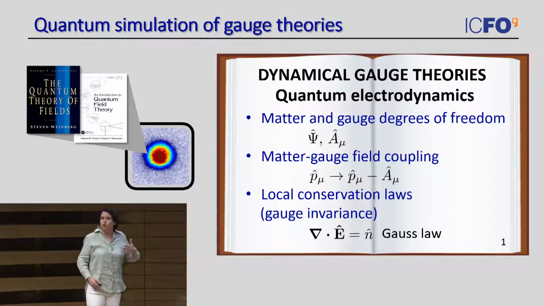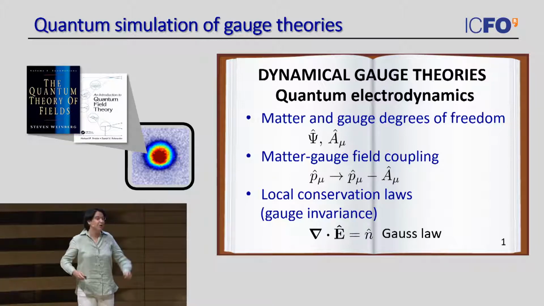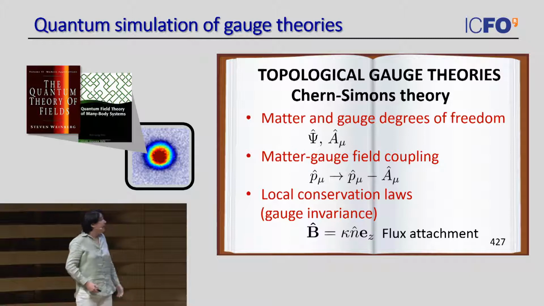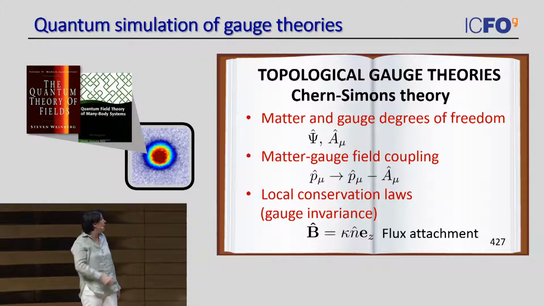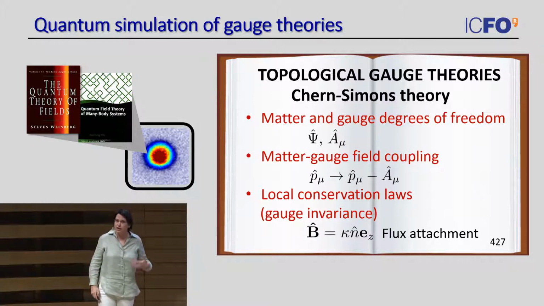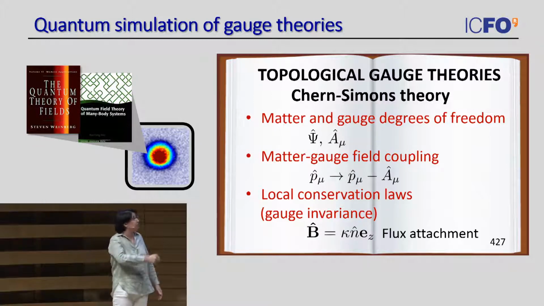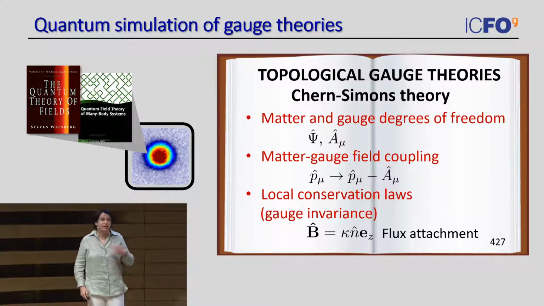And also, why should we stay in page 1 of volume 1 of the book? We can also be brave and tackle more complicated gauge theories. And in my group, what we got interested in is a special type of gauge theories called topological gauge theories that appear in the description of quantum many-body systems, and the most famous of these gauge theories is called the Chern-Simons theory, that in many aspects looks very similar to QED.